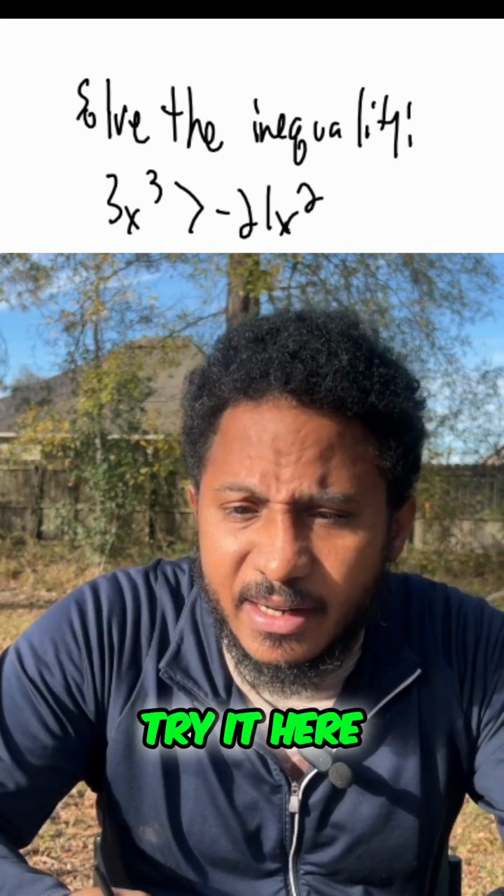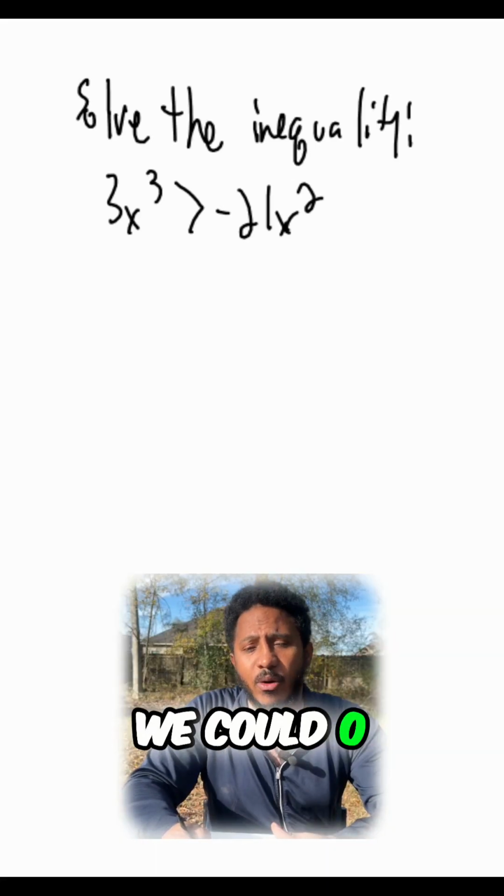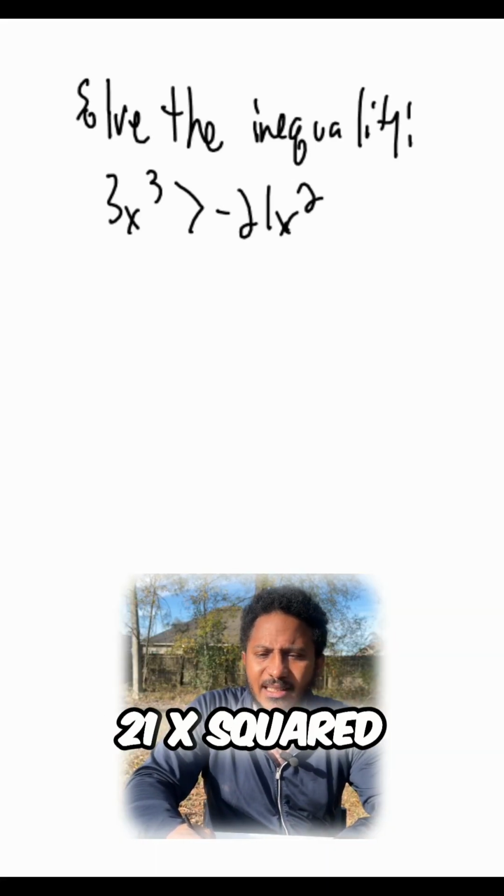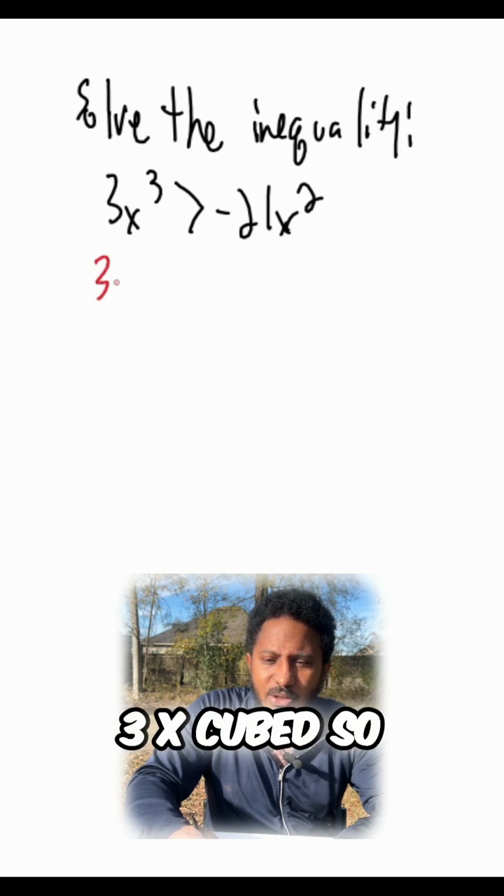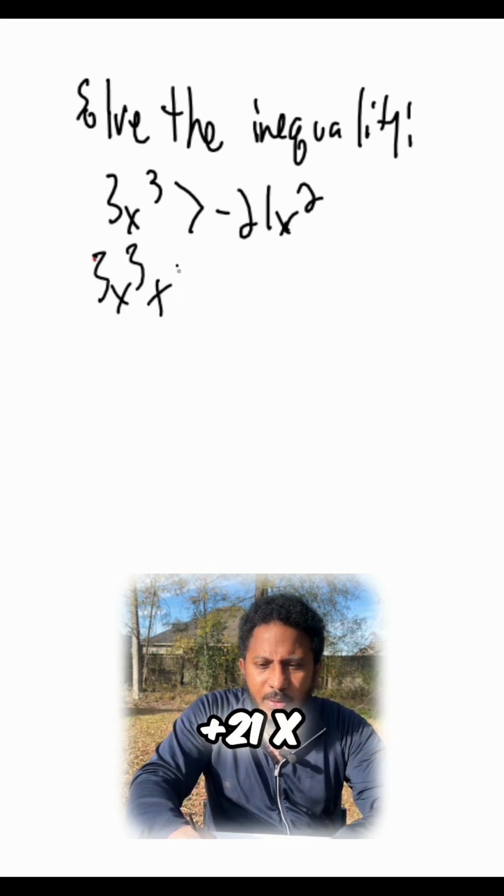Okay, so let's try it here. If we pretend it's an equal sign, we get 0 on one side. So that means add 21x squared to both sides. So we get 3x cubed plus 21x squared